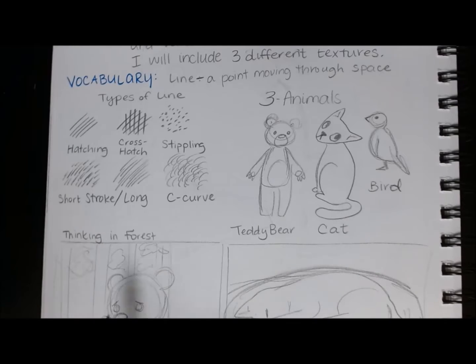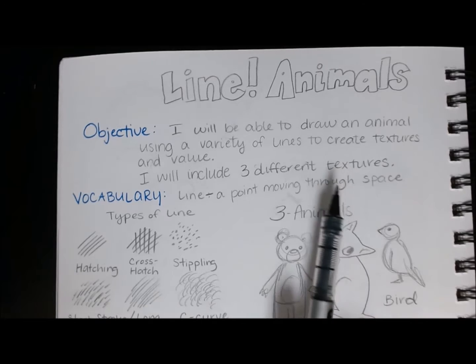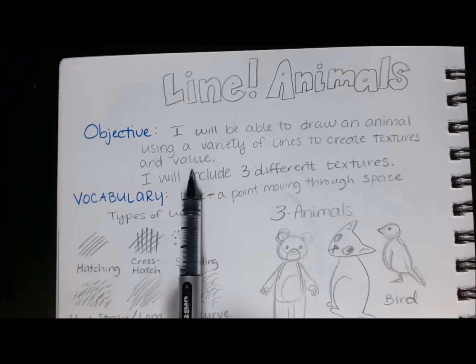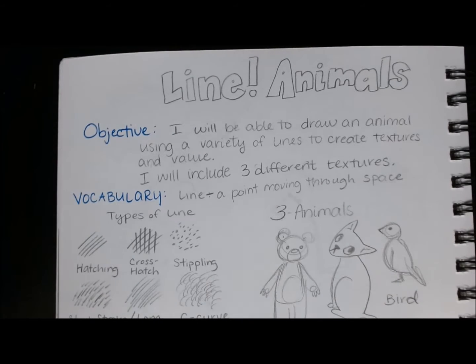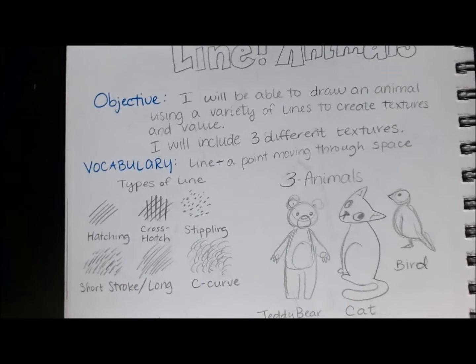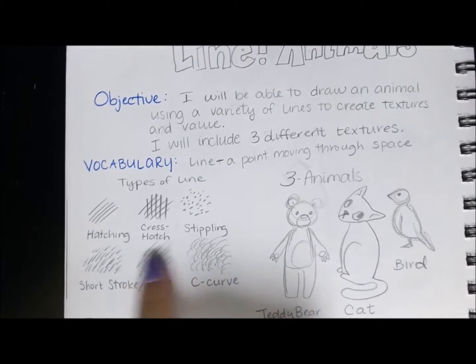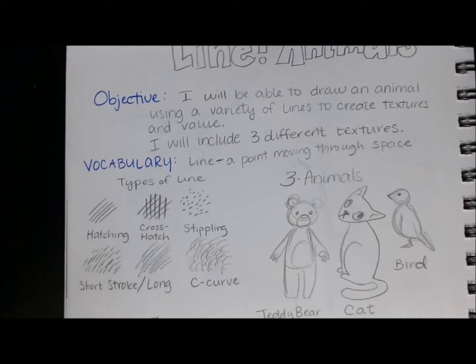For this project, I'm going to use different types of line to create textures for all my animals. That means I have to have 3 different textures, and I also have to have value. So we are going to start by creating a value scale for the different types of line. Because hatching and cross hatching are a combination of short or long stroke, I'm not going to include those in